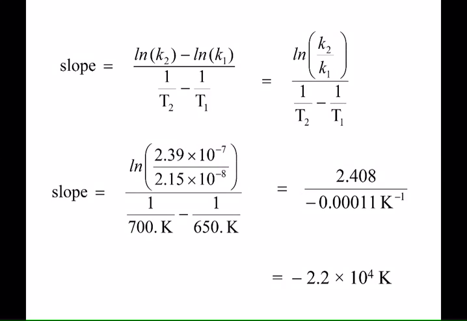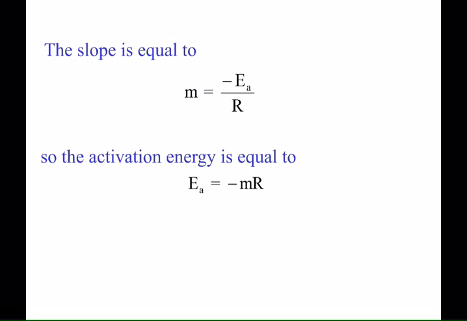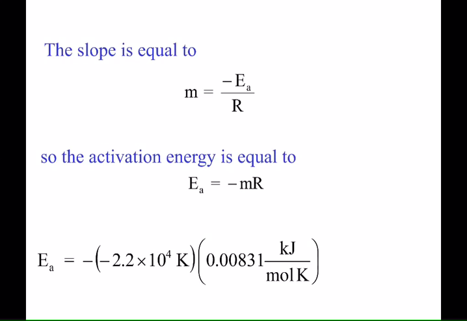So now, don't let this kick you in the butt. M is equal to negative EA over R. So solving for EA, right? EA is equal to negative MR. And we're after EA. So in this case, we take negative 1 times negative 2.2